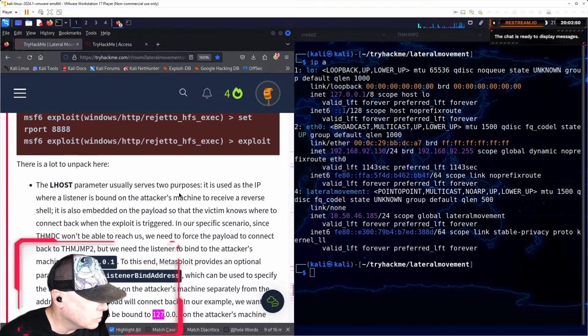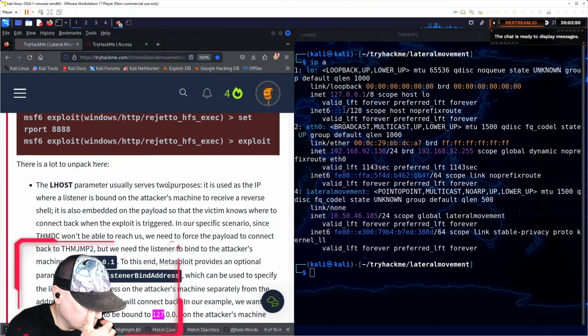Yeah, no kidding. The LHOST parameter usually serves 2 purposes. It is used as the IP where a listener is bound on the attacker's machine to receive a reverse shell. It is also embedded in the payload so that the victim knows where to connect back when the exploit is triggered. In our specific scenario, since THMDC won't be able to reach us, we need to force the payload to